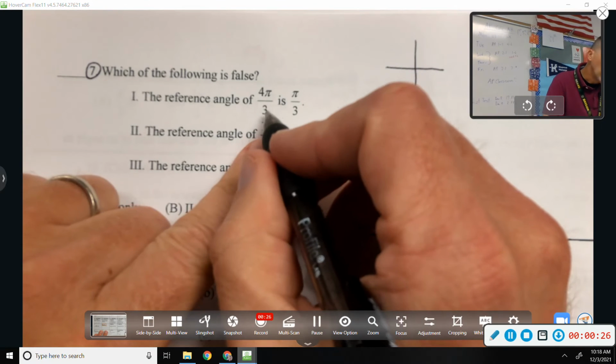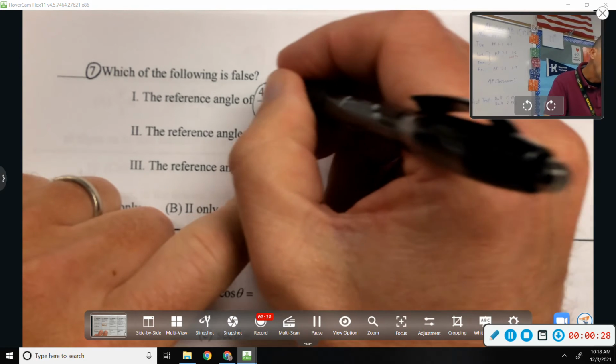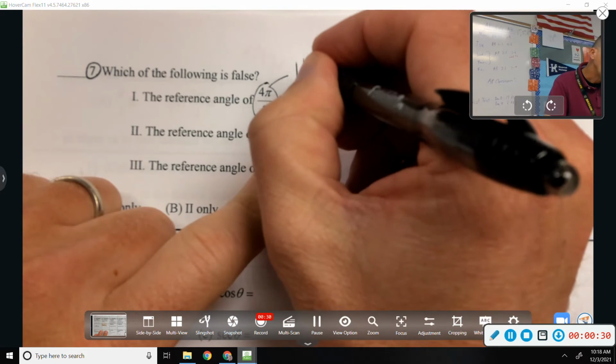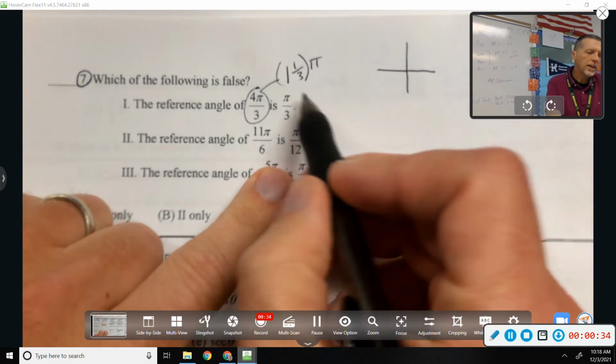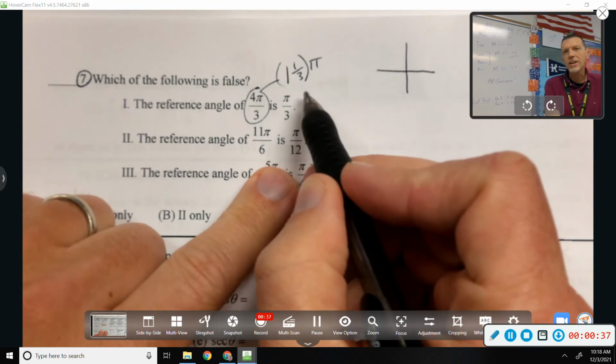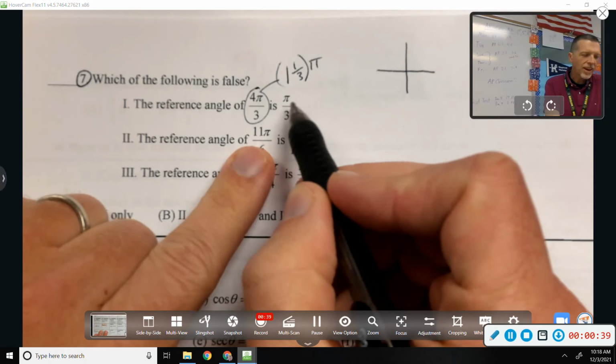Let's see, 4 over 3. Another way to say that would be 1 1/3 pi. Again, that looks a little bit weird, and we've stopped writing mixed fractions like that long ago. But it's kind of helpful because